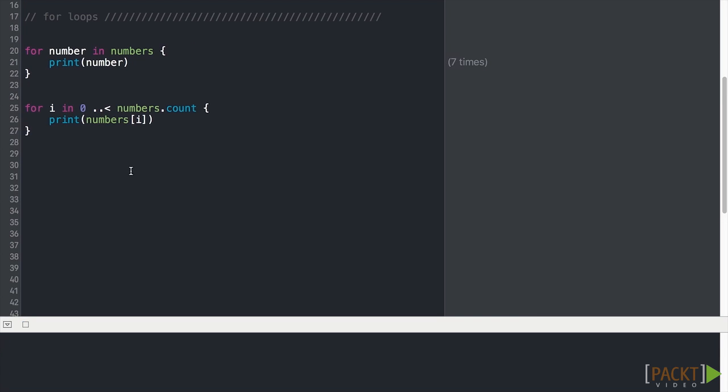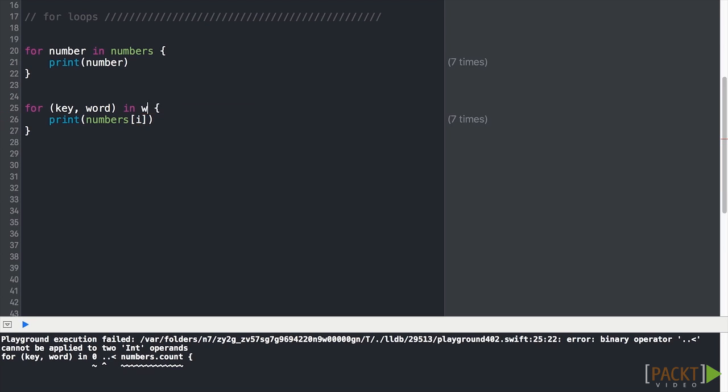In this example, we iterate over a range by utilizing Swift's range operators. This syntax makes for an excellent replacement for the traditional C-style for loop. I should note that as of Swift 3, the traditional for loop will be deprecated in Swift. This for-in loop can easily be modified to iterate over a dictionary by replacing our single variable with a tuple of variables like so,